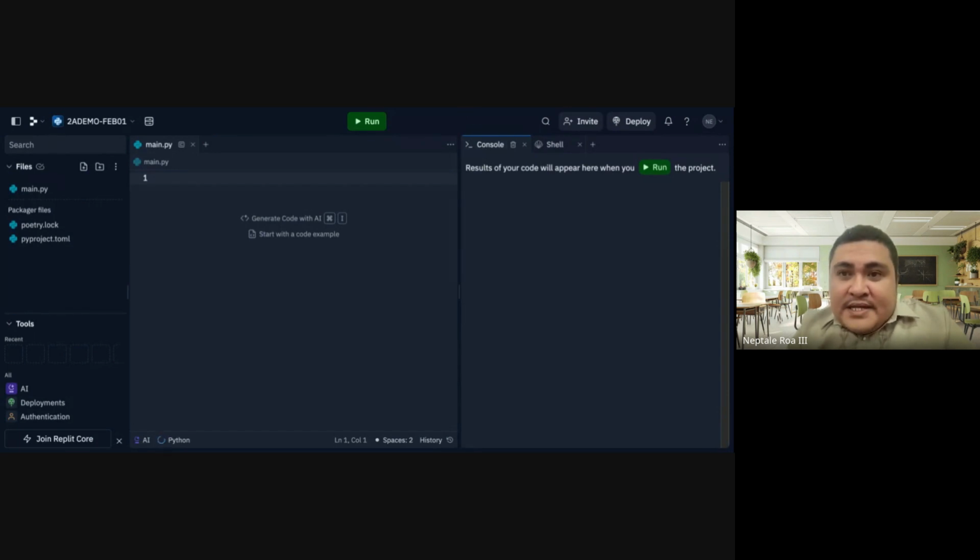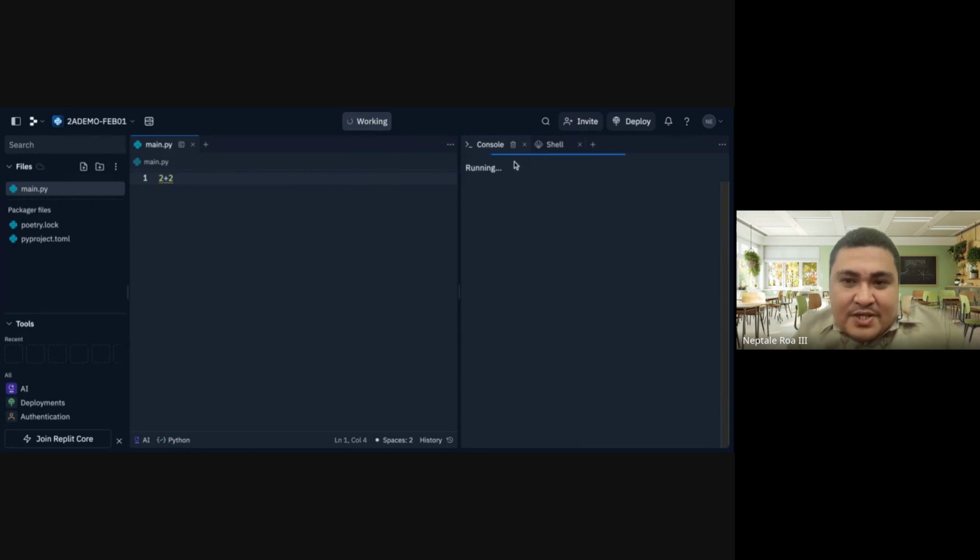The second one naman is the shell. This one naman is when you run the script in your local host or in your local server or in the server that you're currently working on right now. So for now, hindi natin magagamit si shell because we're not doing web hosting or online projects. Later pa ito magagamit. Now, for the console, for example, if you will type here 2 plus 2, just press run and then dito lalabas yung answer niya.